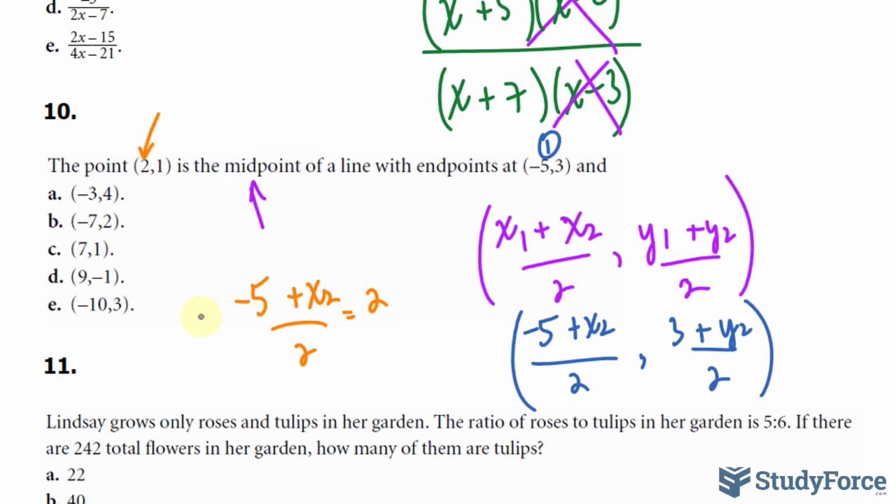To solve this, I multiply both sides by 2, leaving me with 4 on the right side, and negative 5 plus x sub 2, bringing the negative 5 over, I get 9. So which of these has 9? Right there. Now, I don't often suggest this, but I'm going to assume that D is the answer, even though